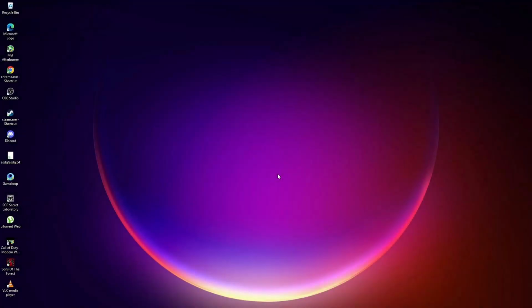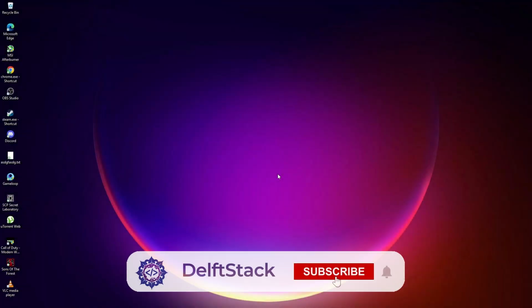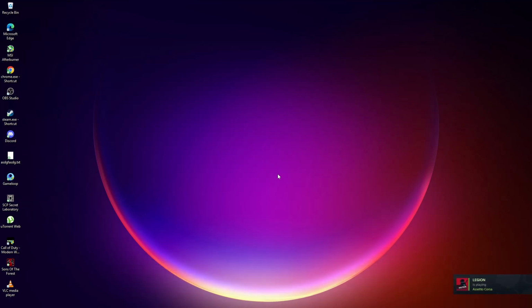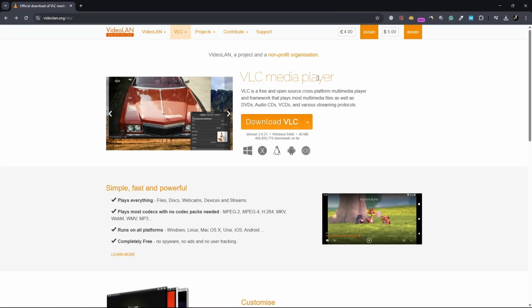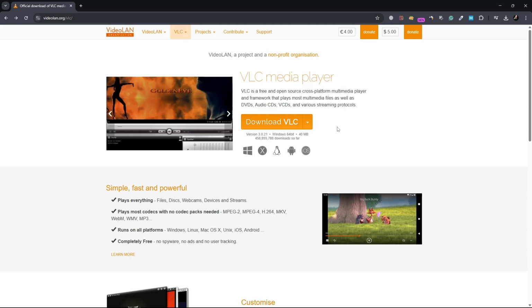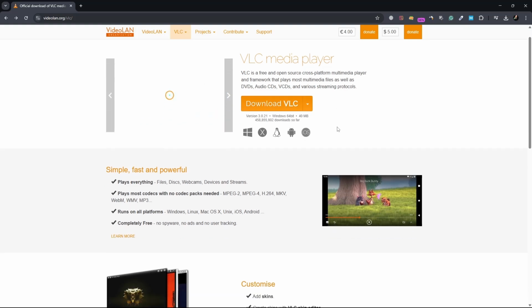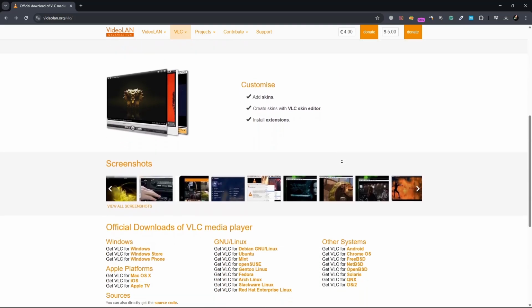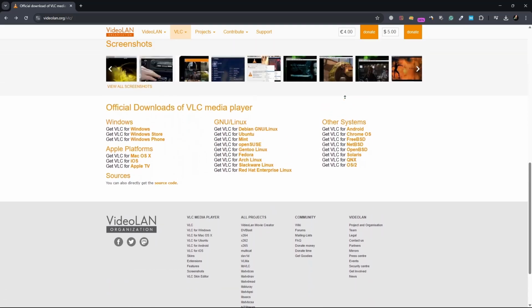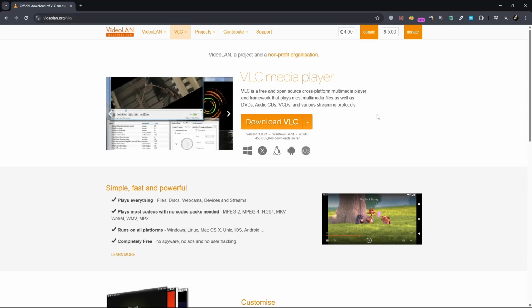In this video, I will guide you through the process of extracting frames from a video and saving them as high-quality image files using VLC Media Player. VLC is a free, open-source media player that offers many advanced features, including the ability to extract frames from a video. This method can be useful for creating image sequences, analyzing motion in a video, or capturing specific moments in